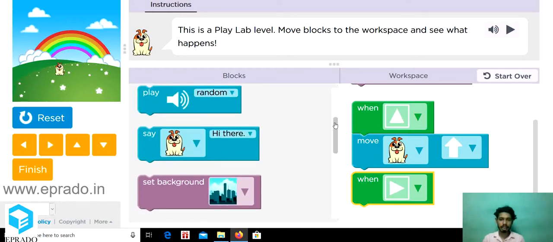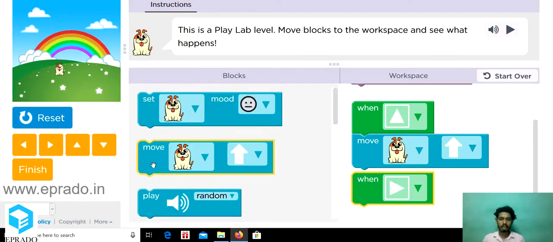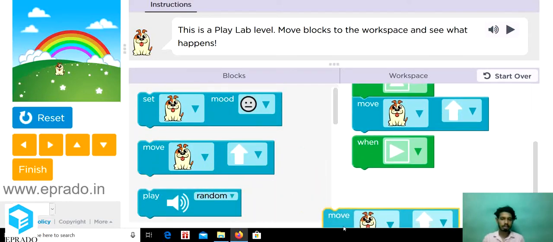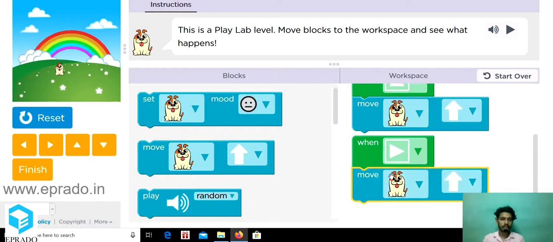For that, we have to choose an action block. The blue colored ones are the action blocks. I am choosing this action block, and this dog has to move towards the right. Now, whenever we press the up arrow, it moves in the upward direction, and whenever I press the right button, it moves towards the right.